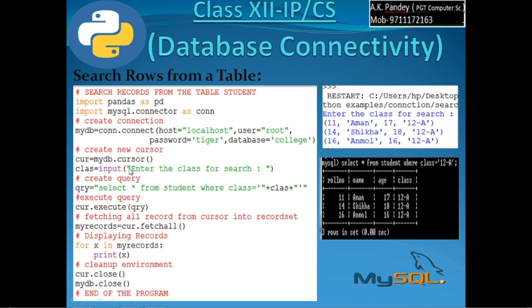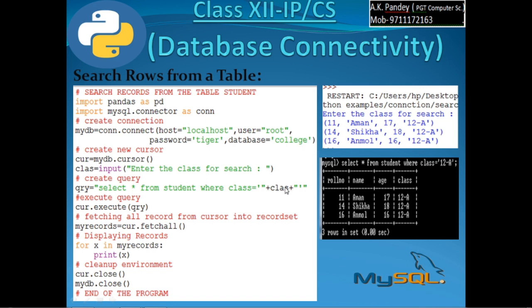Now for searching, suppose I am entering a class, or you can ask by inputting, say, the roll number, etc. So here in this example I am searching through class. So you have input the class. Using that class, you have to create a query: select star from student where class is equal to class.